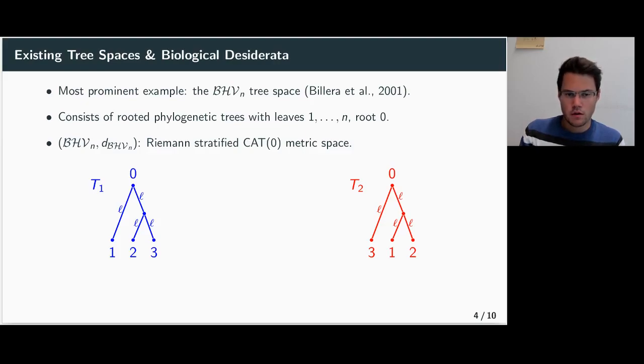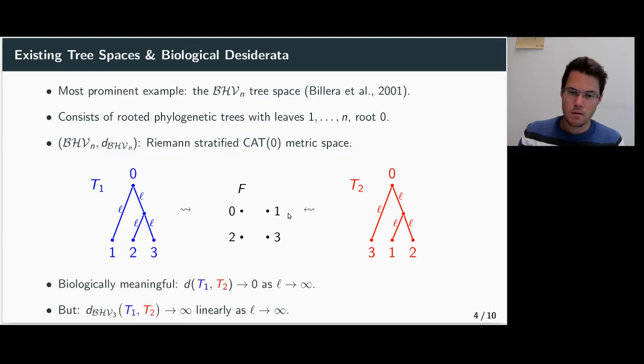Now, intuitively, what happens if we let those edge lengths go to infinity simultaneously? Well, in the limit, you would think that the information that the tree conveys for both trees, T1 and T2, is that all those labels, all those species are not related to each other anymore. So if all those edge lengths go to infinity, then in the limit those species are just not related anymore. So in the limit, those two trees would convey the same information. And from a metric space point of view, this would mean that the distance between those two trees should go to 0 as the edge lengths go to infinity.